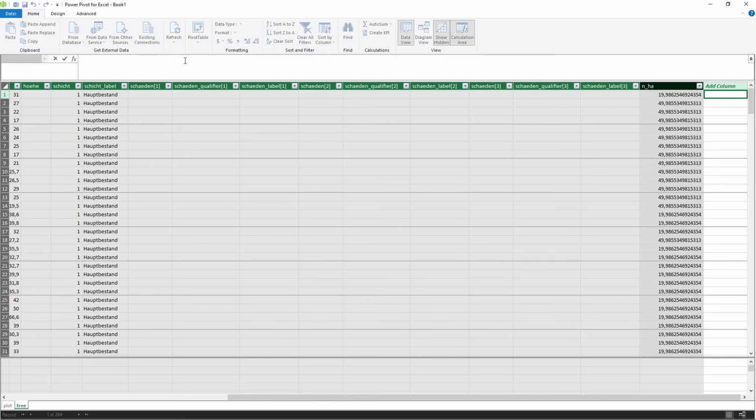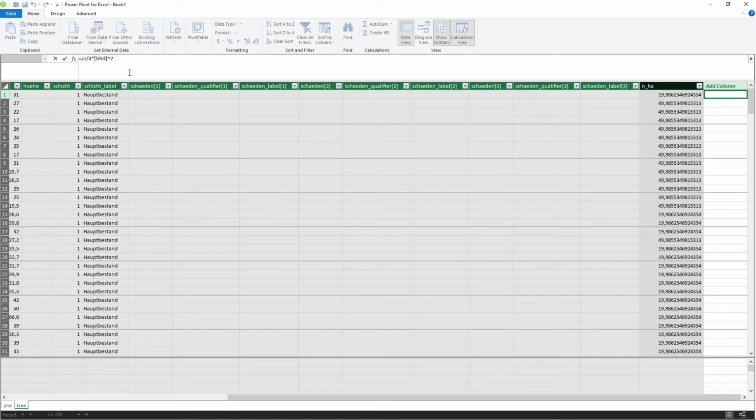For this purpose, I first need to calculate the basal area of each single tree, and I need to expand it by this expansion factor here. So how to calculate the basal area of a single tree? Pi divided by 4 times the diameter of the tree, so times DBH to the power of 2.